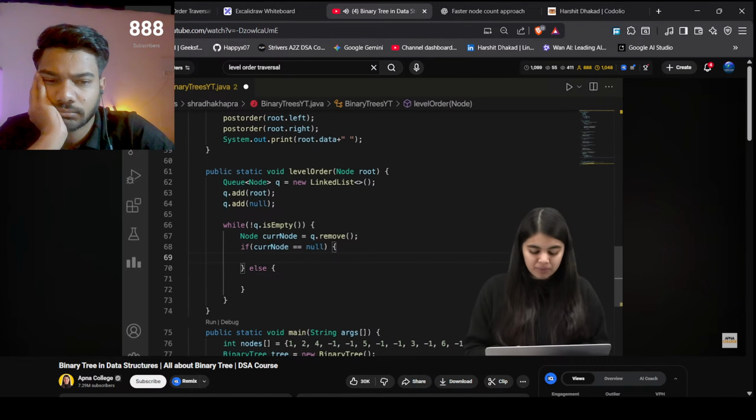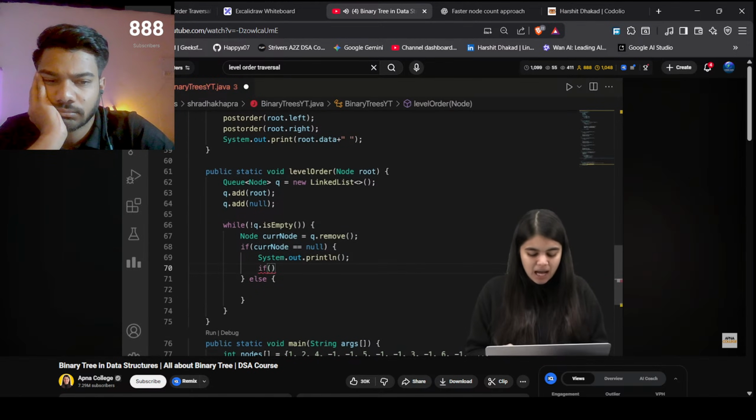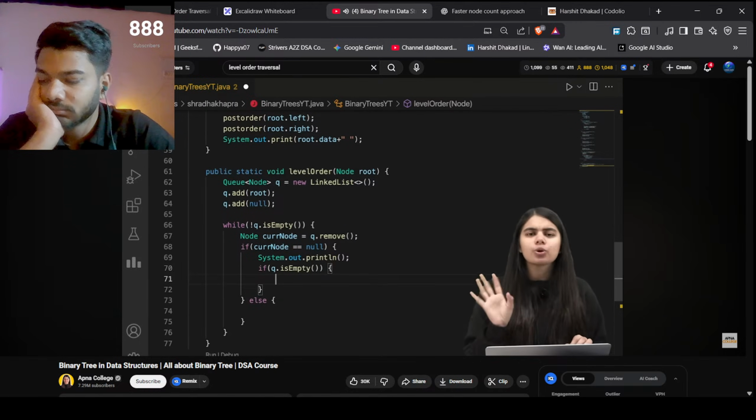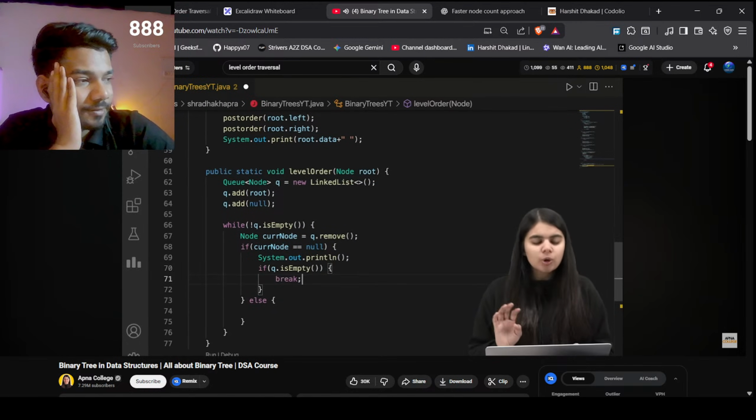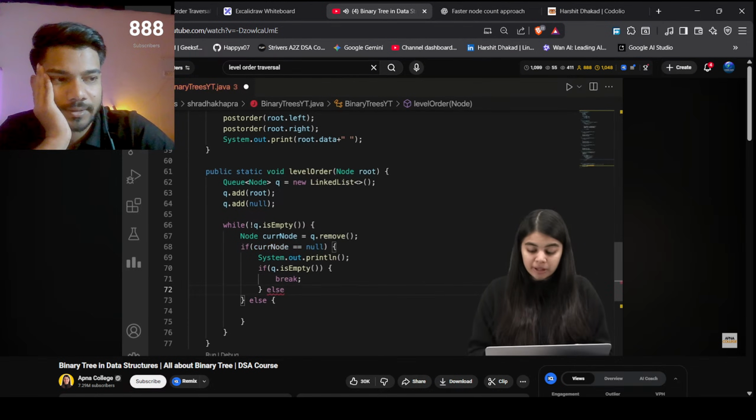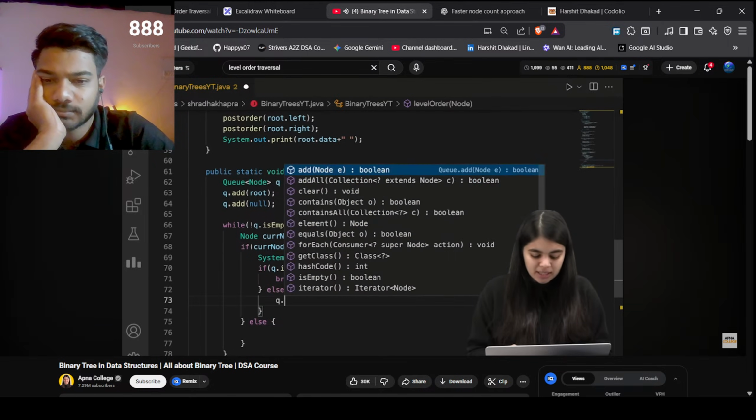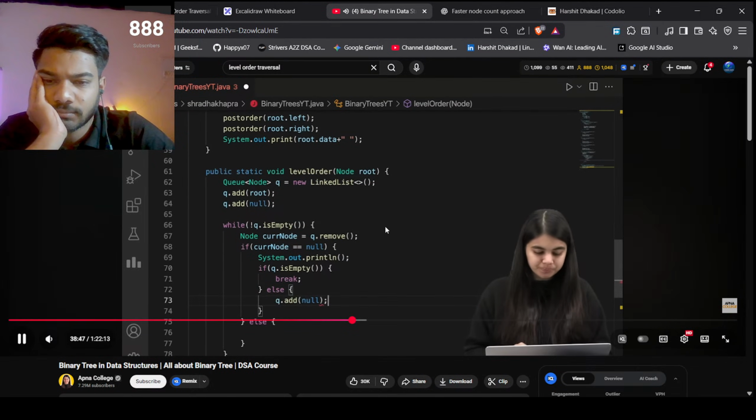अगर करंट नोड के अंदर नल है तो हम क्या करेंगे, यहाँ पर प्रिंट करवा देंगे नेक्स्ट लाइन। उसके बाद चेक कर लेंगे कि क्या हमारी क्यू खाली हो गई है, मतलब उसमें लास्ट जो नोड थी वो नल नोड ही थी क्या। अगर ऐसा है कि क्यू खाली ही हो गई है नल निकालने के बाद, तो यहाँ से तो अपना लूप वापस कर देंगे, और अगर ऐसा नहीं है कि और भी नोड्स हैं क्यू के अंदर, तो वापस से क्यू के अंदर ऐड कर देंगे अपने नल को।